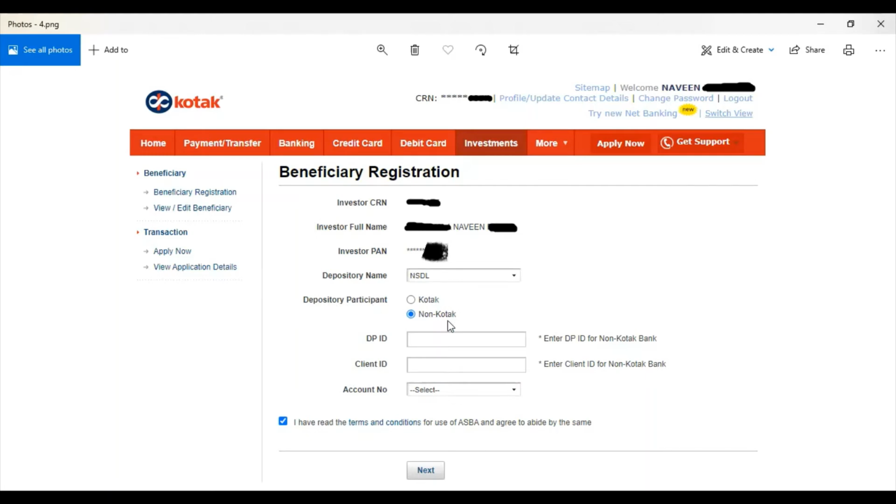If you are with any other external stockbroker like Zerodha or Upstox, you need to select non-Kotak. The DPID and client ID are the two details you need to fill in properly. You can get those details from Zerodha. If you just Google search, you can find them under the Zerodha console.